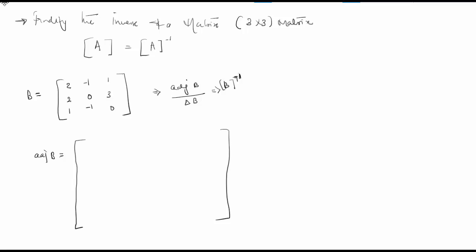So what will be my A11 for my adjoint of the matrix will be given by this. So I'll write it here 0 3 minus 1 0. So A11 is